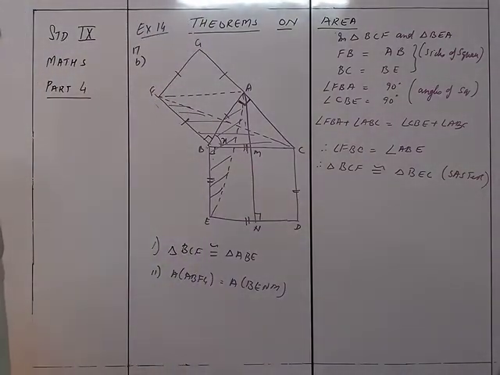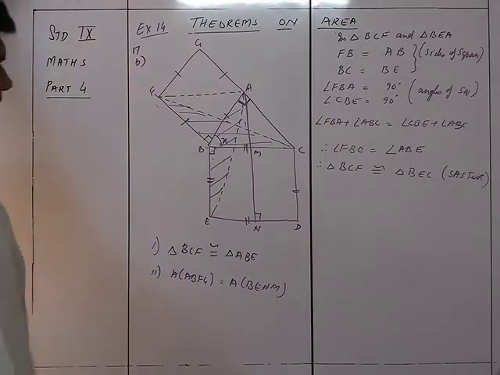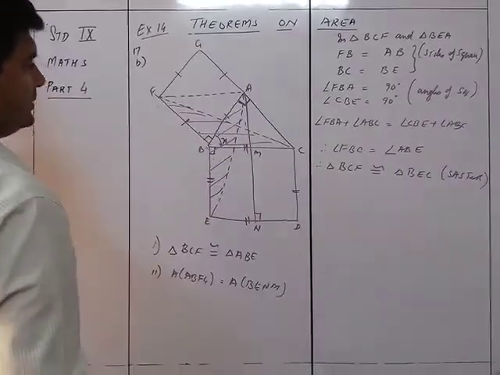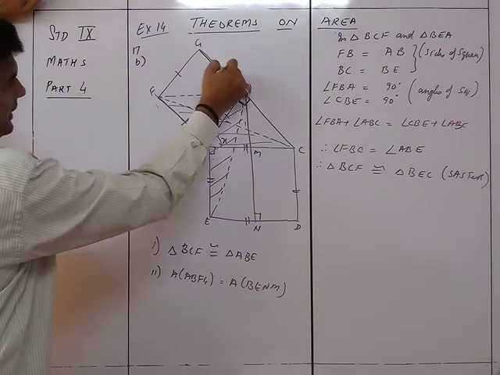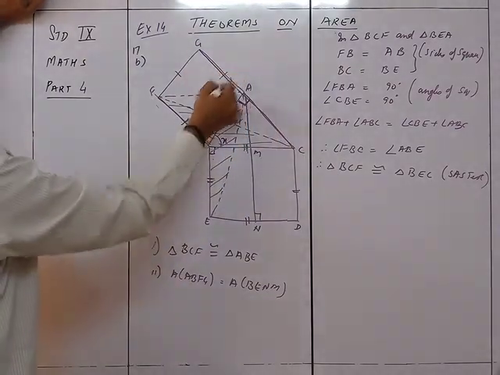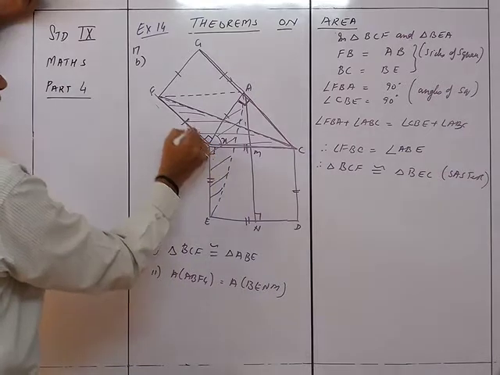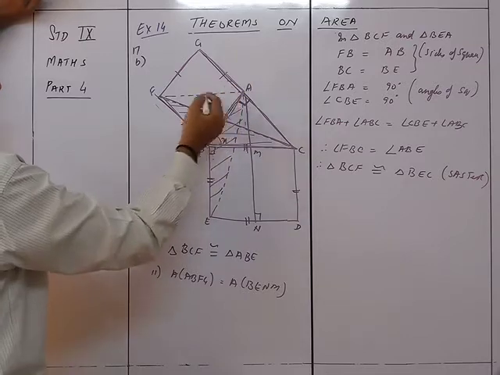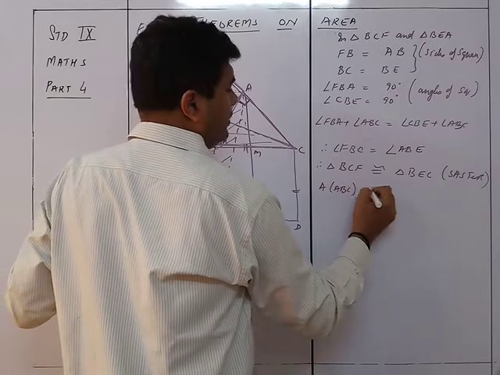Right. This area of the square is equal to this area of the rectangle. Now this area of rectangle will be equal to double of the triangle area. See, now you can see that FB and GC are parallel lines, and therefore the area of this triangle will be double of the square, sorry, the square will be double the triangle.